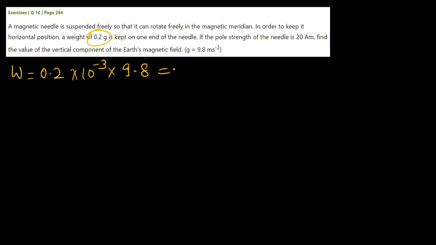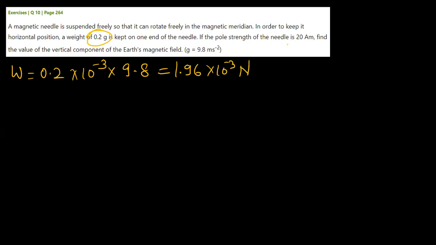You multiply by 9.8. Always remember, students, whenever the word weight is used, you have to convert it to Newton. You convert weight to Newton by multiplying by 9.8. And since here gram is given, I have converted gram to kg by multiplying by 10 to the power minus 3. So the 10 to the power minus 3 indicates I have converted from gram to kg, and the 9.8 indicates I have converted it to Newton. So you can just keep it as it is, or you can just solve. So this will become 1.96 into 10 to the power minus 3 Newton,